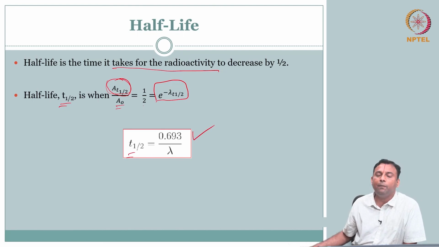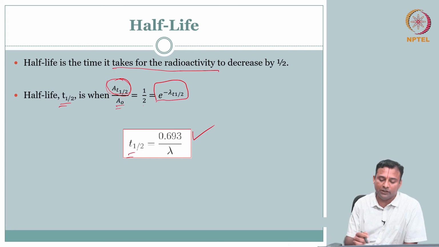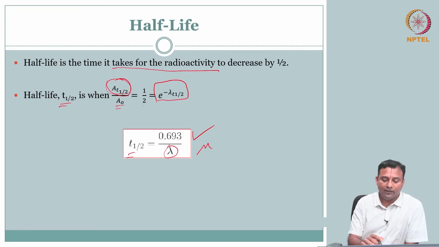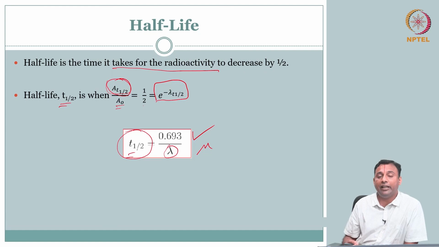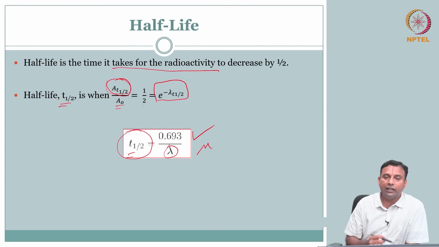As a formulation, this looks exactly the same, I should say similar, just because here instead of lambda we had mu, whereas here it is lambda. Otherwise the quantity of interest is half-life, there it was half value layer. Both are exponential models. So what does this signify? This lambda is the radioactive decay constant of that material, that radioactive atom. So the atoms change, their radioactive decay, some can decay very fast, some can decay slow.